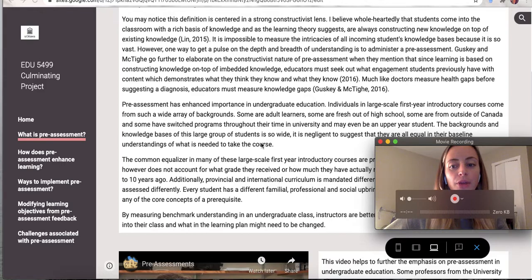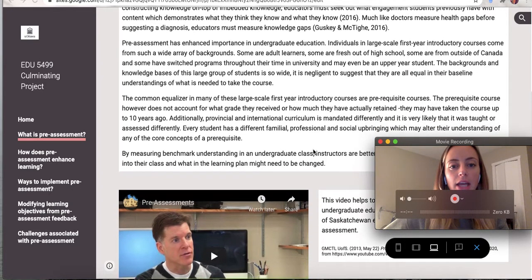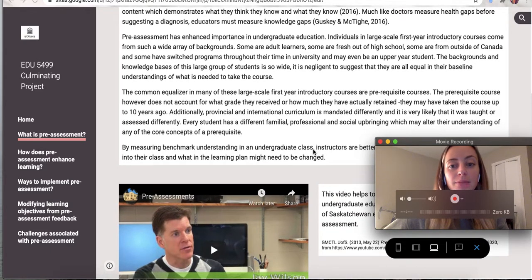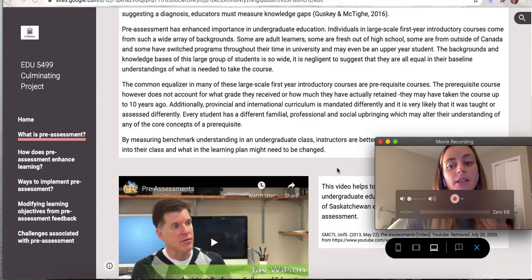So I touch more on the reason why I chose this topic on this page, and that is because of its enhanced importance in undergraduate education. Speaking to my undergraduate education, I don't feel like there was a lot of pre-assessment within my classrooms, and I think that's an area that's really lacking in post-secondary education,